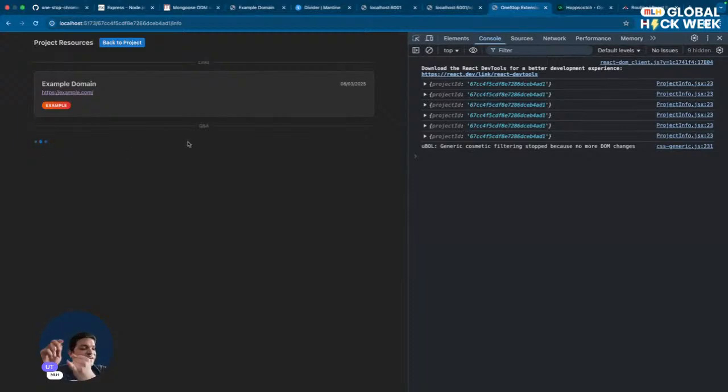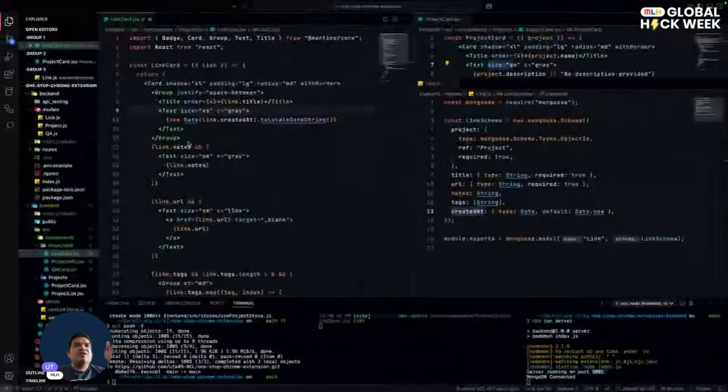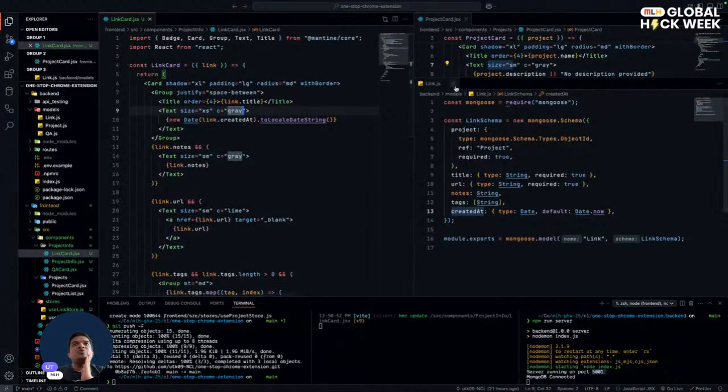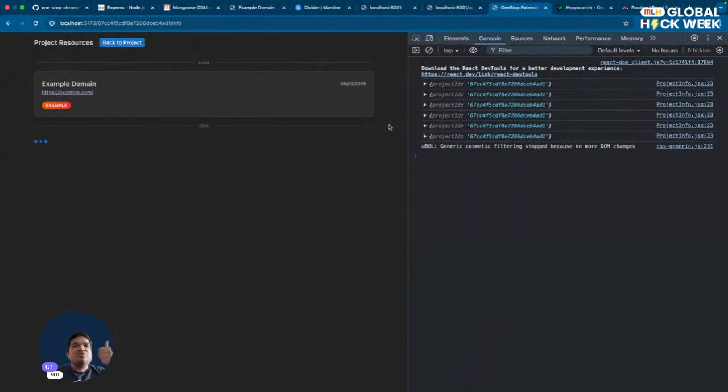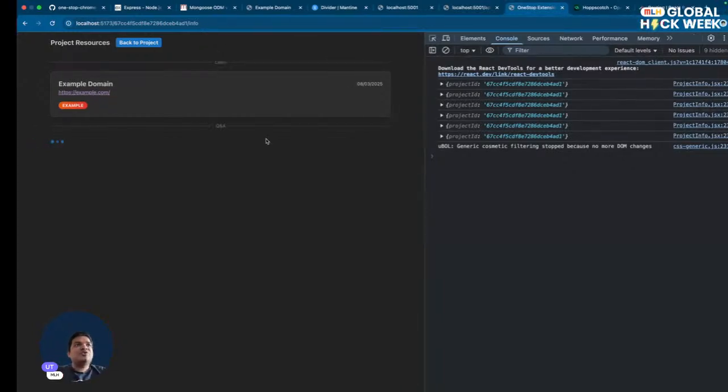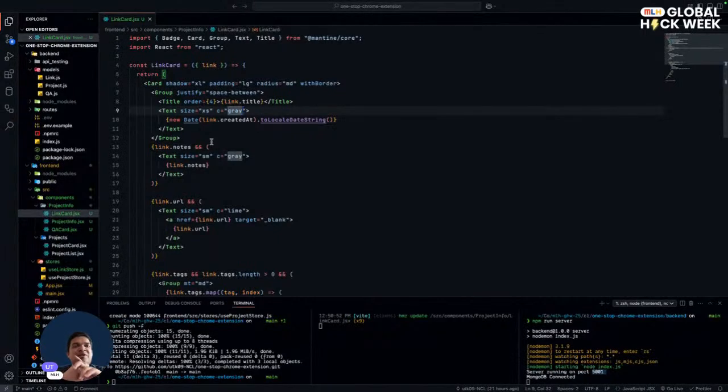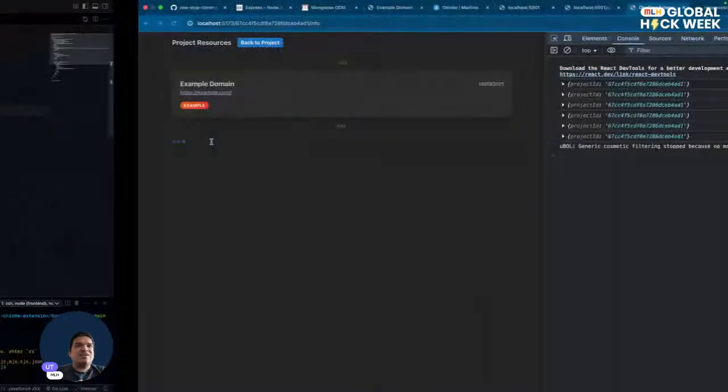Cool. So we have created a link card, which is kind of done. All you need to do right now is create a very similar one for QA card. So you have to create a QA store, create a QA card, use it in project info, and that's it. That's done. Then you would have completed everything we wanted to do right now, and you'll also learn in the process. When you try to create the card, instead of copying it blindly, I would suggest you try to